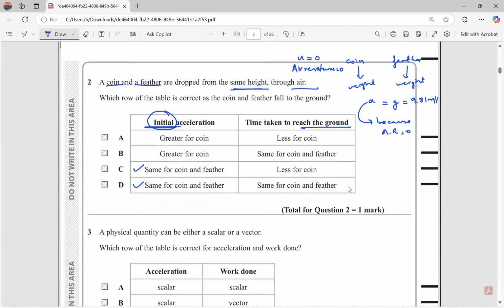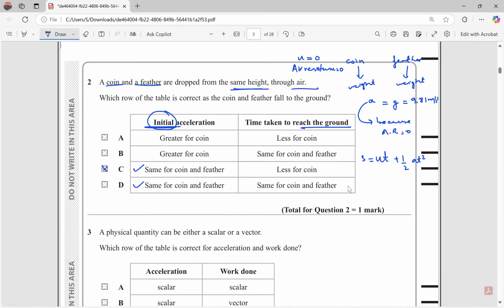Now, about the time. So how do we find the time? You could just say the coin is heavier and will fall faster, right? So its time would be less, and that would be enough to find out the answer. But if you want to go into some physics, so this is the equation. s is equal to ut plus 1/2 at squared. The